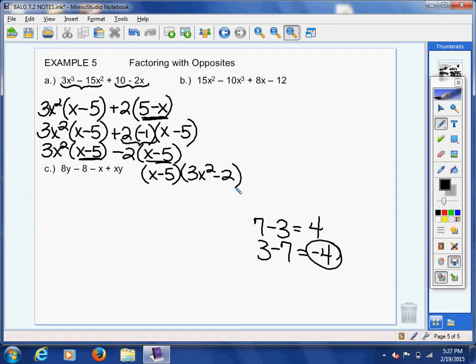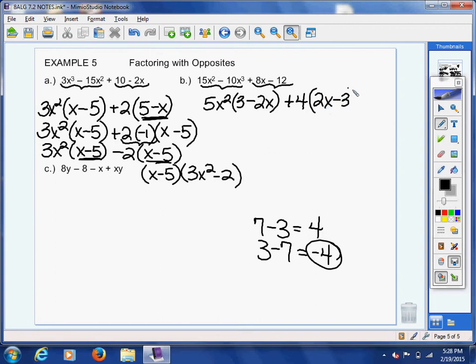So let me do B with you. Here's B. Let's see, we got 15x squared minus 10x cubed. I think I'm going to take out a 5x squared. That's going to leave me with 3 and 2x. Okay. So I got 3 minus 2x in that second quantity. And then let's look at 8x and 12. Let's pull out a positive 4, and that's going to leave me with 2x